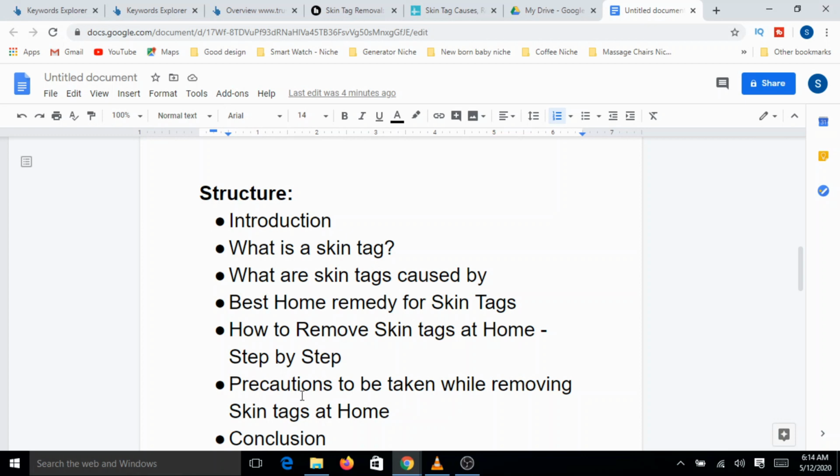You need to pick the topics that satisfy the intention of the visitor who is searching for a specific search term with low competition. That is number one. Number two, you should produce superior content in comparison to the other websites that are already ranking well for that particular keyword. Okay, keeping those two things in mind, go ahead and put forward the structure, and then create quality content. I think you should be able to see excellent results.